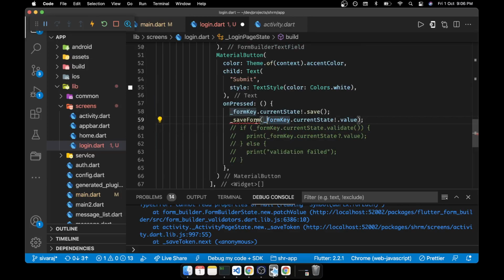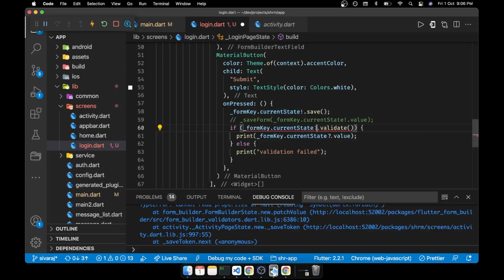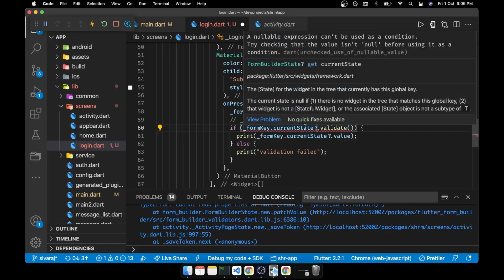So we'll leave the form value, save forms, and try to see what data is coming here. Valid cannot be unconditionally invoked because the receiver can be null. Okay, maybe nullable expressions cannot be used as a condition, so it has to be checked for null before using it in the condition.